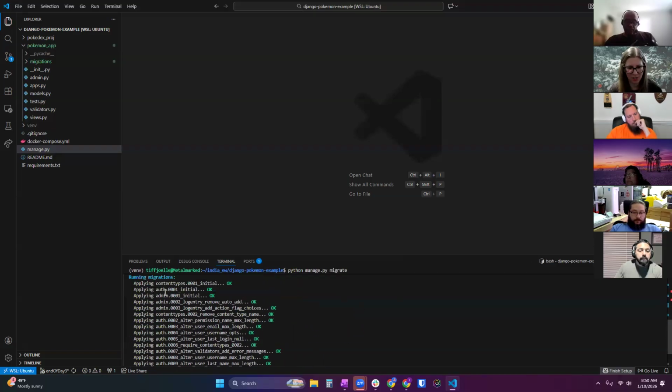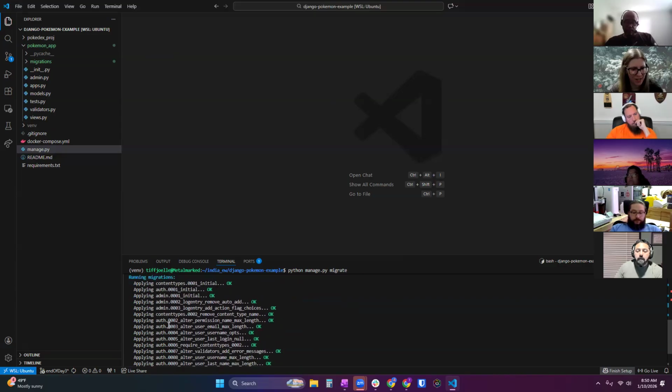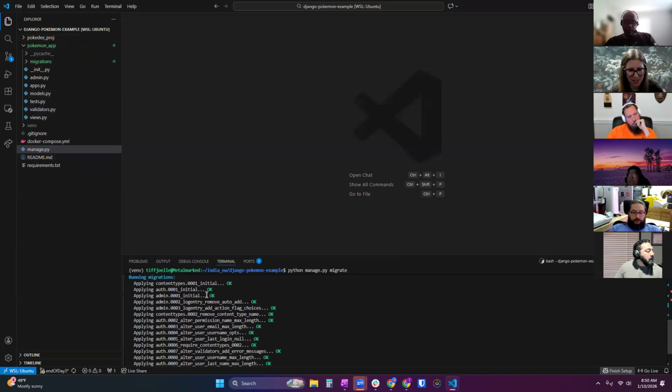And this is where it actually applies all that within our Postgres database. You can see a lot of stuff is put in there. It did more than just Pokemon, right? It told us we have this Pokemon model that it needs to go in, but because this is our first time migrating things to our Postgres database, it also adds a bunch of stuff that is built into Django, like admin and auth.